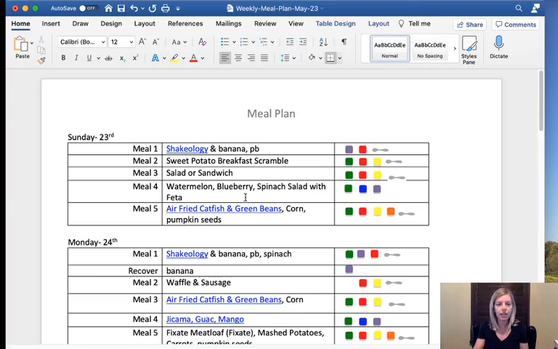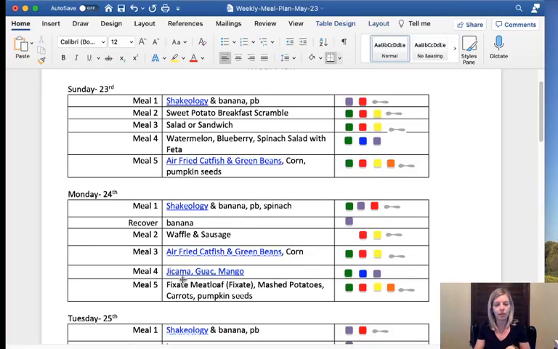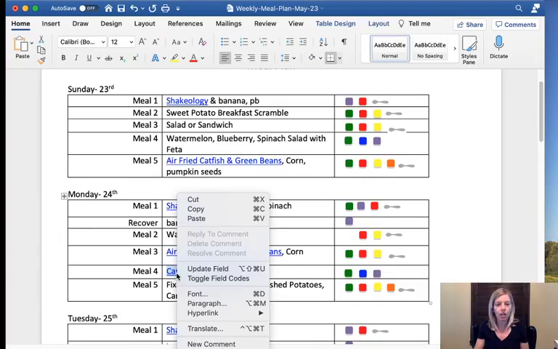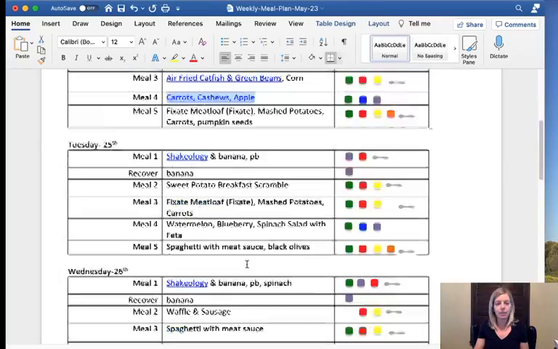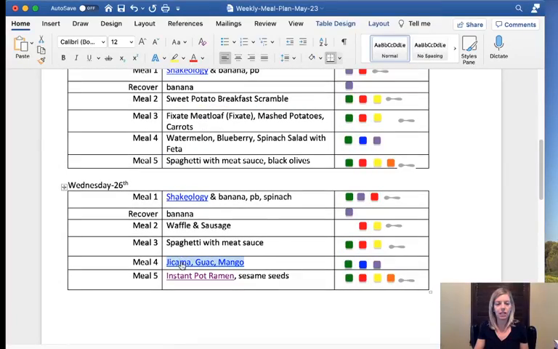All right, so then let's go ahead and pick out our second meal four so we can be done with that. So I've got this jicama guacamole and mango on here. That was good this week. I'm going to change it up and I'm going to do carrots, which I've been eating with ranch. And so let's do carrots and cashews and an apple. Not something that really technically goes together, but I kind of enjoy it. So, and then I will copy that Monday and Wednesday